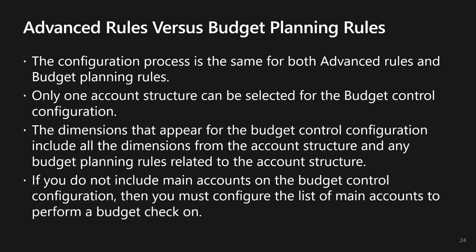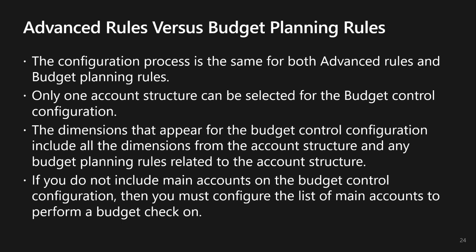And your revenue account structure, for example, includes a business unit, an item group, and a cost center. But you also want to budget by a department and a marketing purpose. But those two dimensions are not in your revenue account structure. You would create a budget planning rule to define those additional